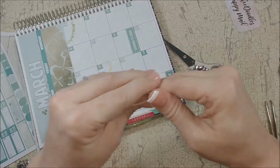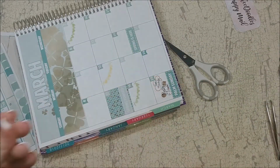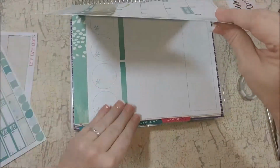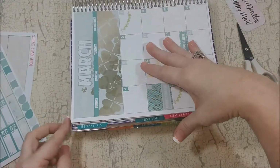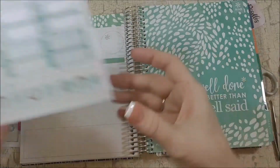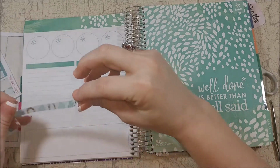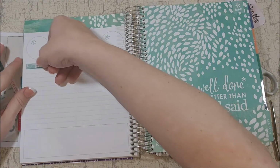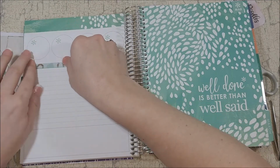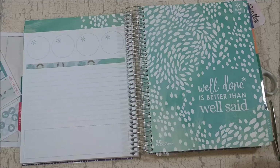Oh yay, wadding up leftover stickers. It's time to go in the trash. Goodbye. So long, I'll miss you. So yeah, that pretty much wraps up the monthly spread, and all I'm going to do is take some leftover stickers from the kit and throw them down on the notes page, just kind of tie everything together,